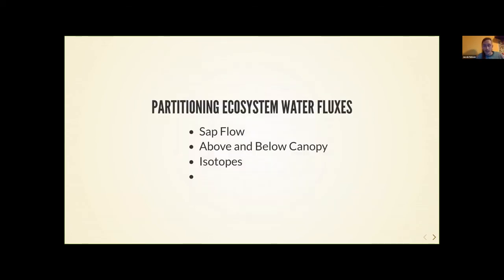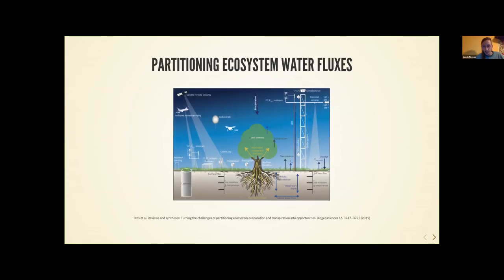And I don't have a lot of time to go into details with it, but there's these methods and many others. And I think really the important thing when you're looking at ecosystem water fluxes is that there's no silver bullet. Every ecosystem has to take a slightly different approach. Every ecosystem has to really look at where can things be identified, and these kind of in-depth studies really inform our understanding of how ecosystems use water, and they're very powerful.